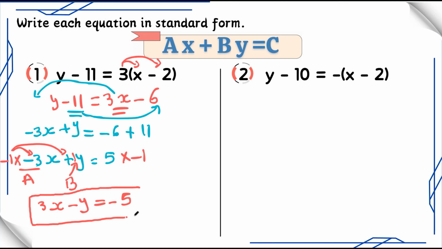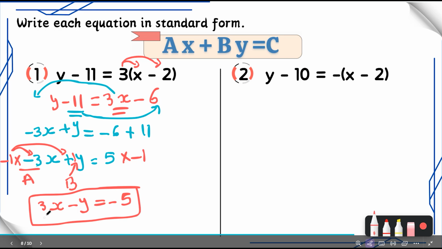Now check again. The coefficient, or A, for x is a positive integer, correct. B for y is an integer. Yes, negative 1 here. You can see this represents negative 1. And we see everything is okay, then our standard form is